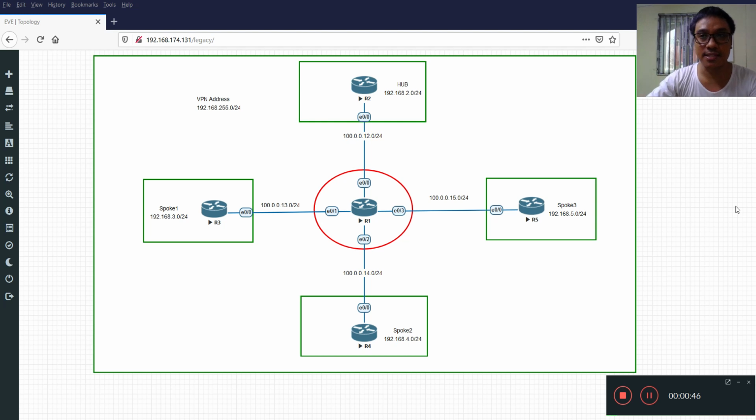Okay, let's get started. R1 is the ISP router, R2 is the hub router, and R3, R4, and R5 are spoke routers. This topology is a hub and spoke topology. The customer requirement is that all spoke routers need to communicate with the hub as well as spoke-to-spoke.